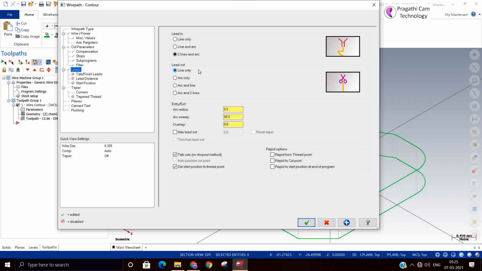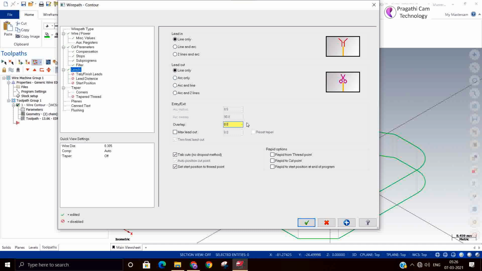These are the methods of entry. Next is the exit condition: only arc, line and arc, or two line arc. Based on the profile, you can change the entry condition.